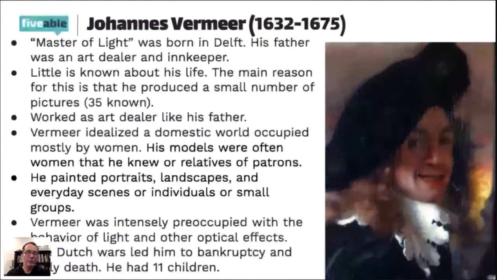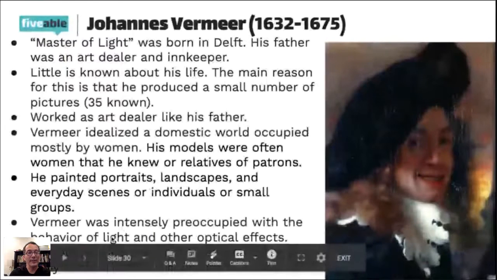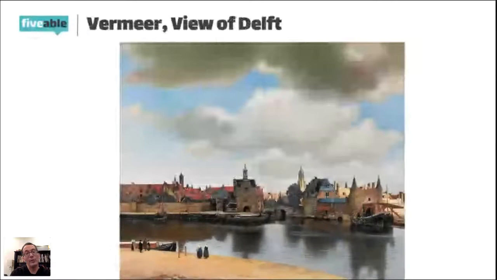Tragically, he was not successful during his lifetime. He had 11 children, and he died very abruptly due to financial strain. It's very sad that he could not experience the happiness his paintings gave people, which we enjoy today. A very famous Vermeer landscape is the View of Delft, where he's